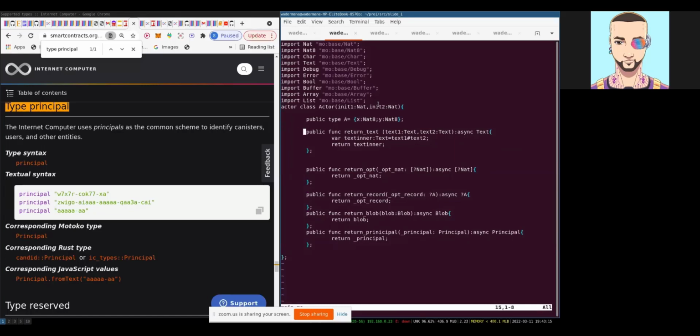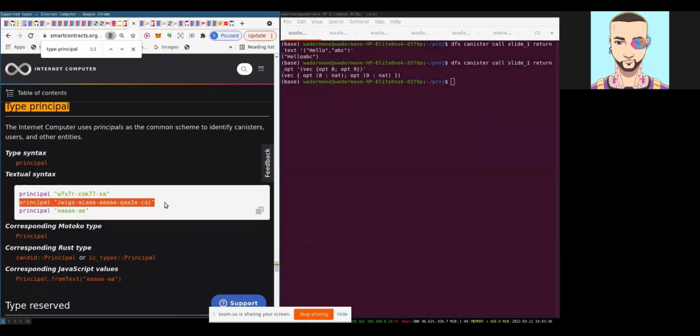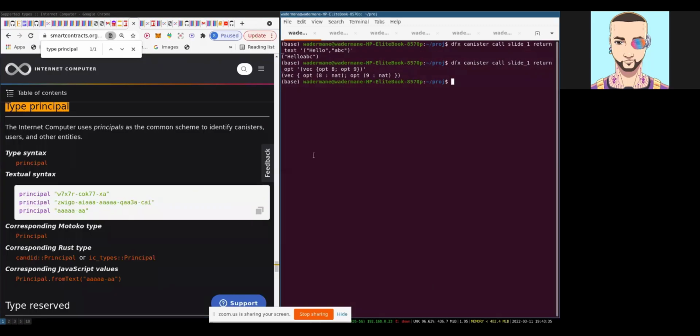Maybe I did. Or it's an inbuilt. Oh no, it's a primitive. That's right. I was thinking I had to import it. But okay, yeah. So that's a principal, and then what's the corresponding syntax to that? So it's this right here. So first I need to get my principal ID. So dfx canister ID